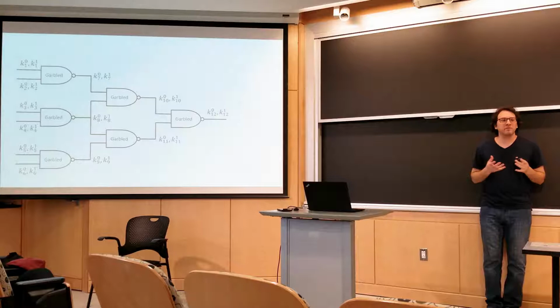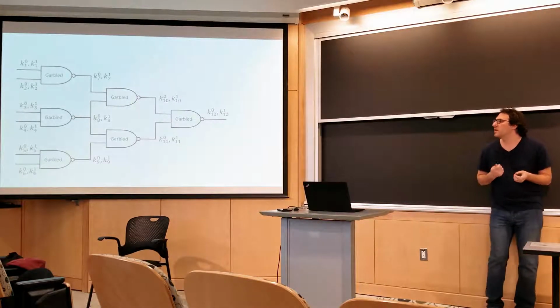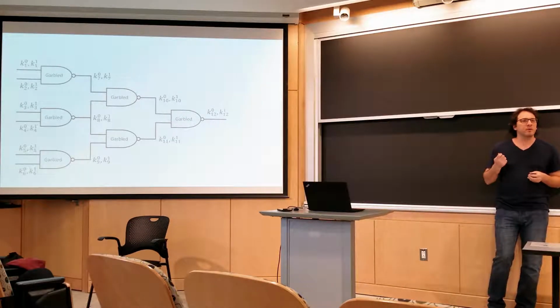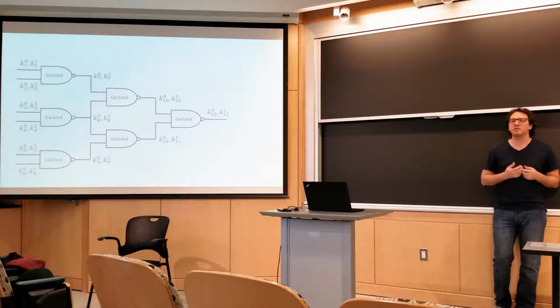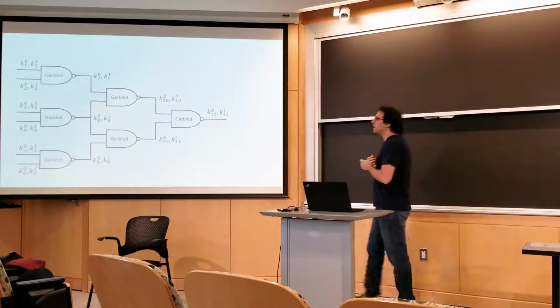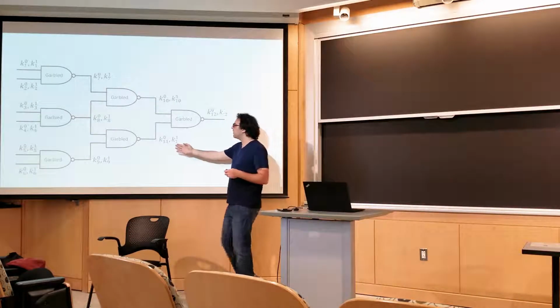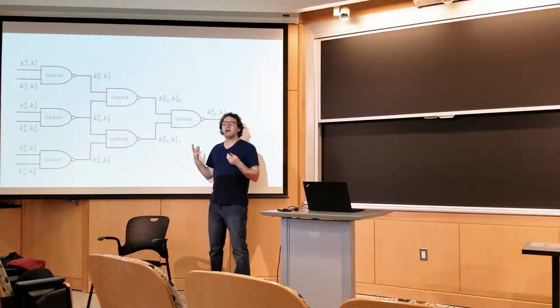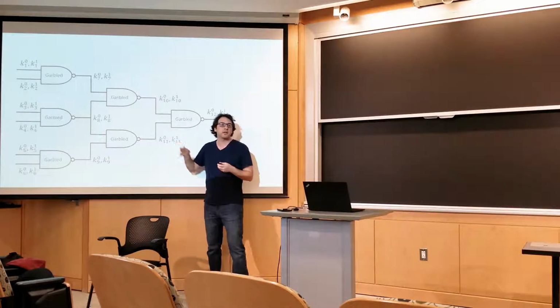Okay, so what is the meaning of these keys? What does it mean that you have a key? It means that you have permission to do something. If you have a key to your house, it means that you have permission to go into your house. So if you have the key for wire 1 associated with 0, this means that you have permission to execute the circuit with the first wire taking the value 0. And same for the intermediate wires. If you have K11.1, it means that you're able to evaluate the circuit where this intermediate wire takes the value